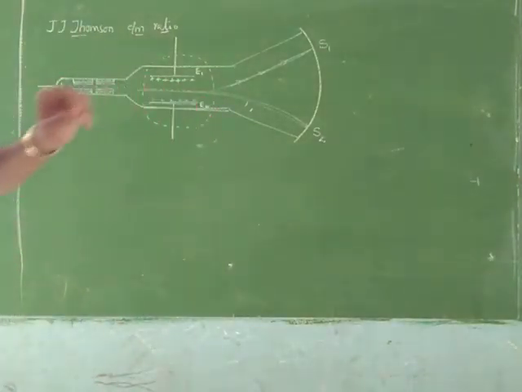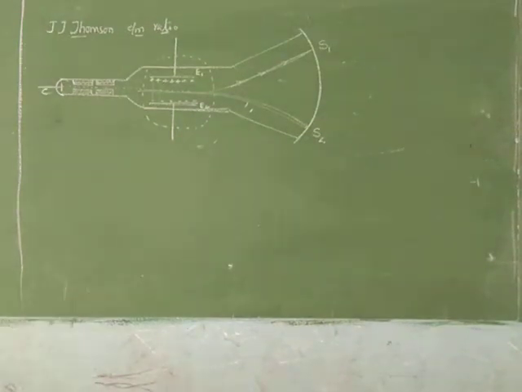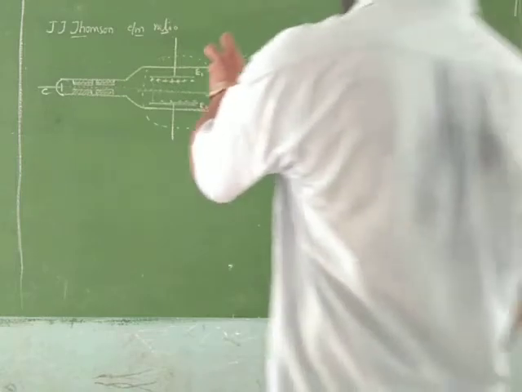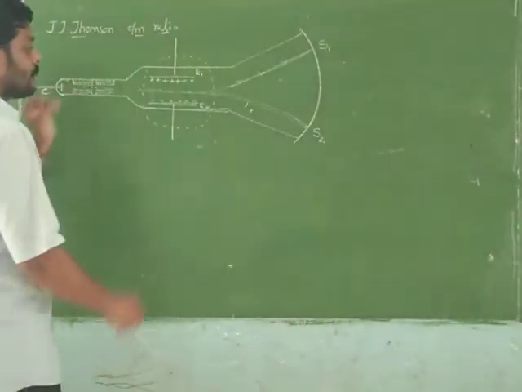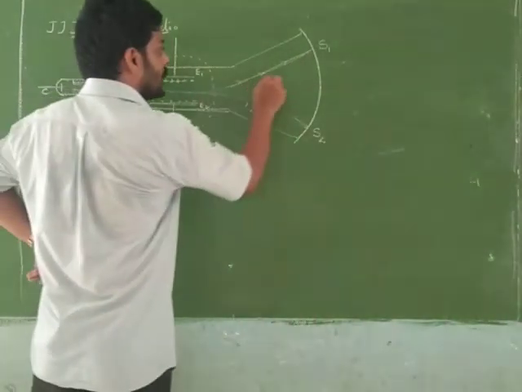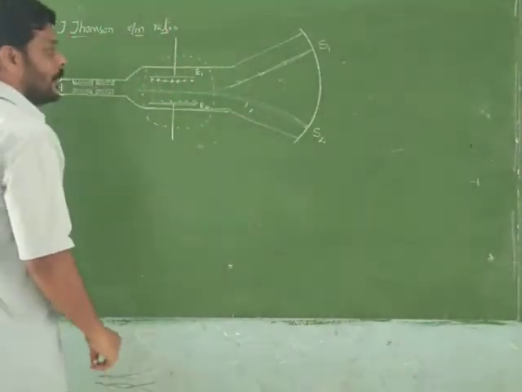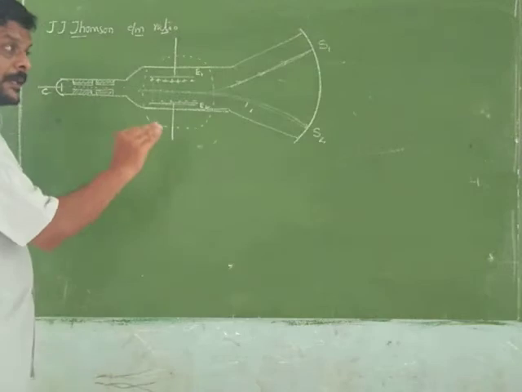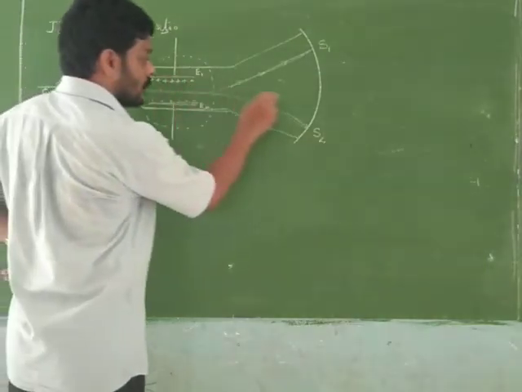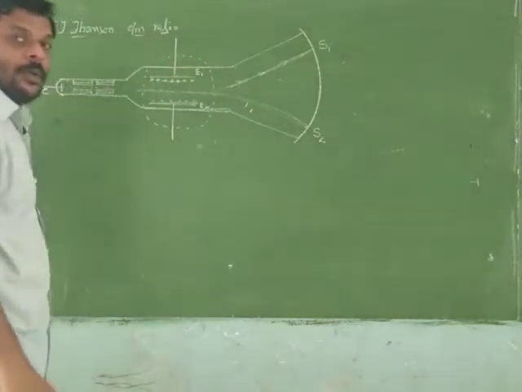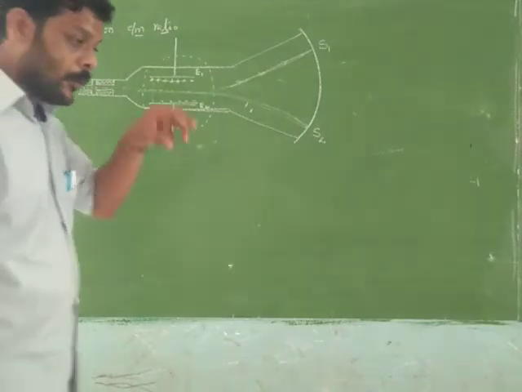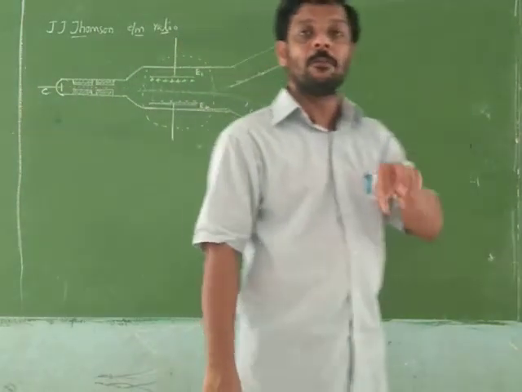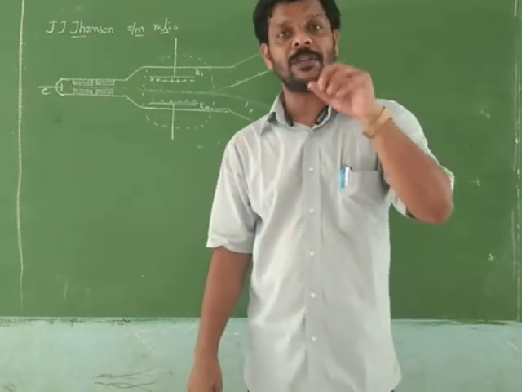Now what they are doing, very simple one. Please do wait. Noise comes. So if we apply only the electric field, the cathode rays are striking the target at point S1. If we apply only the magnetic field perpendicular to the motion of the particles, they are striking the target at point S2. Now, if both electric and magnetic fields are applied perpendicular to each other,